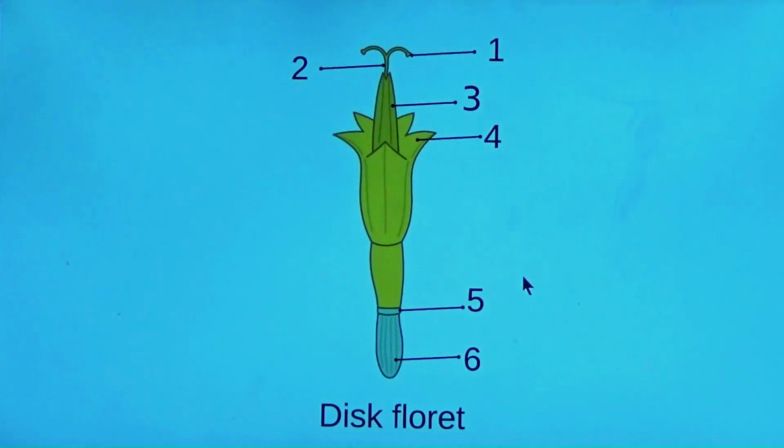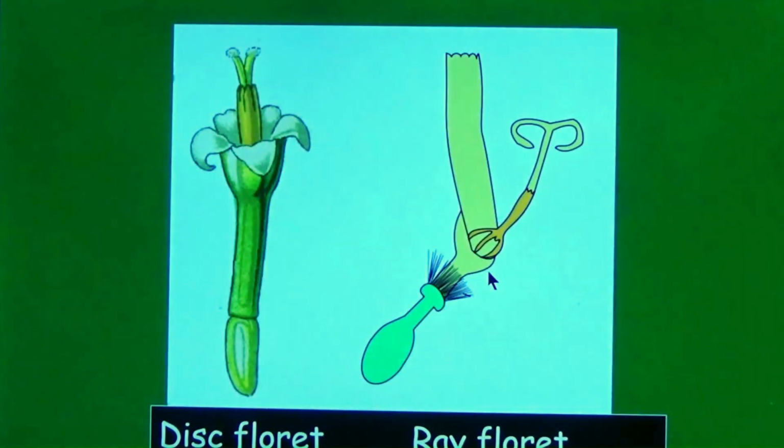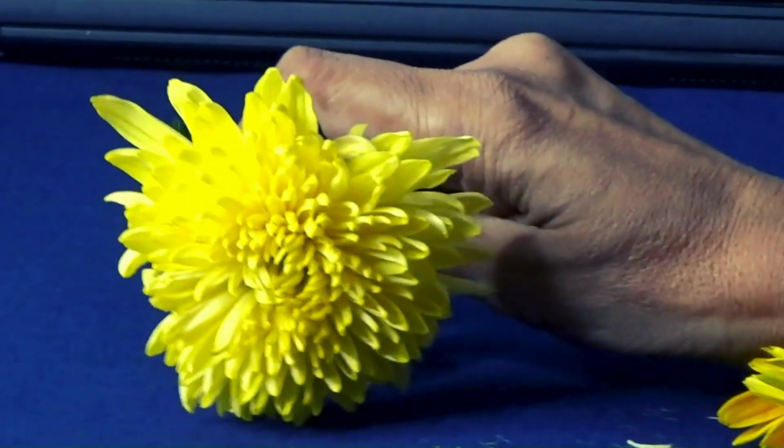Similarly here we can see many parts clearly here in the ray floret. So here again we have ray florets of one flower and disc florets of the same flower. Here again ray florets and disc florets showing many of the parts we learnt about: the female tip, then the male tips, and this is the petal. Here also petals are fused together and there is ovary below. So that's how these simple flowers are arranged in a compound flower as a huge